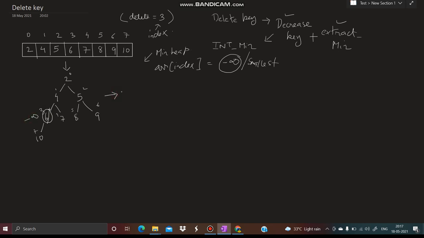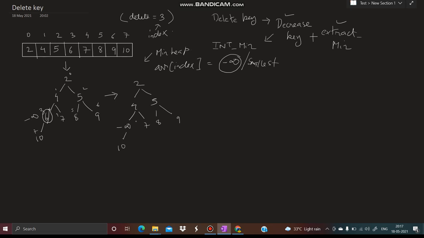If I redraw this tree diagram, this will be 4, 5. This one will be int min, which I'm representing using minus infinity, then 7, 8, 9, 10. Now after reducing it, the min heap property gets violated.